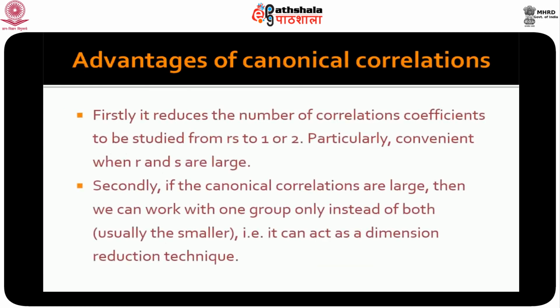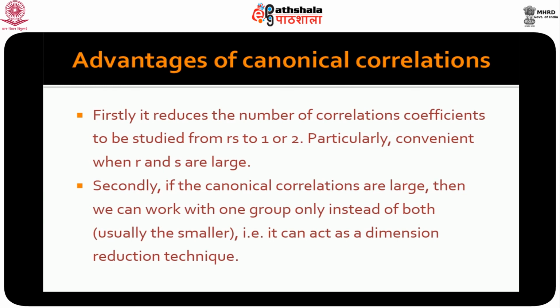Now to wind up, what does this help us to do. If we see that two sets of variables are very highly correlated, the first thing that we need to look at is, this is a summary result. Okay? So, the way you do your multiple correlation, you can do your canonical correlation as well. Multiple correlation, you are looking at one variable and another set of variables. In the canonical correlation, it is more of a generalized case in the sense that now you are looking at one set of variables with another set of variables. This is the first advantage.